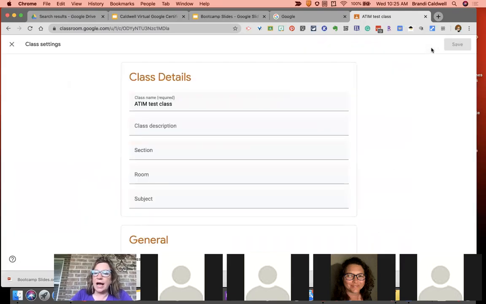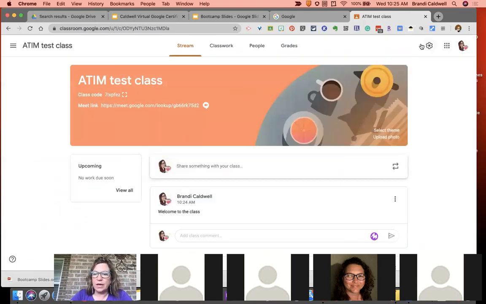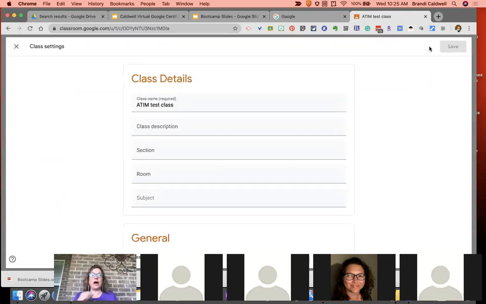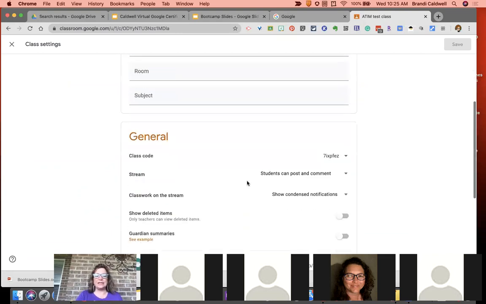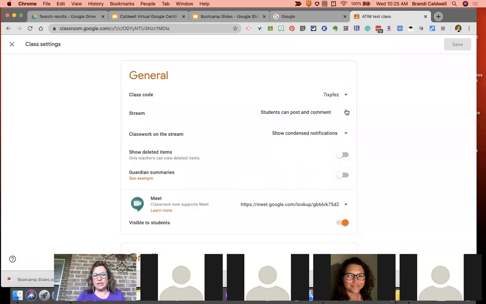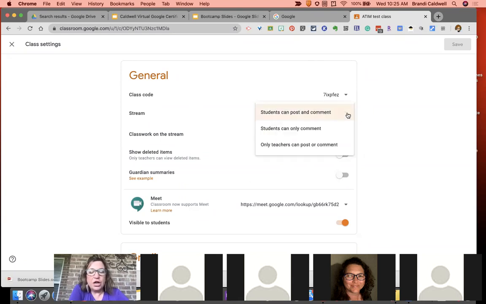Also here I have the little, anytime you see this gear in Google, it's going to give you more options. So when I click that, it lets me rename my class, address some of these general settings. And I always tell my folks that I'm training on this, go to settings before you invite students so that you can change some of these settings. The first one is on the stream page. Do you want your students to be able to comment,